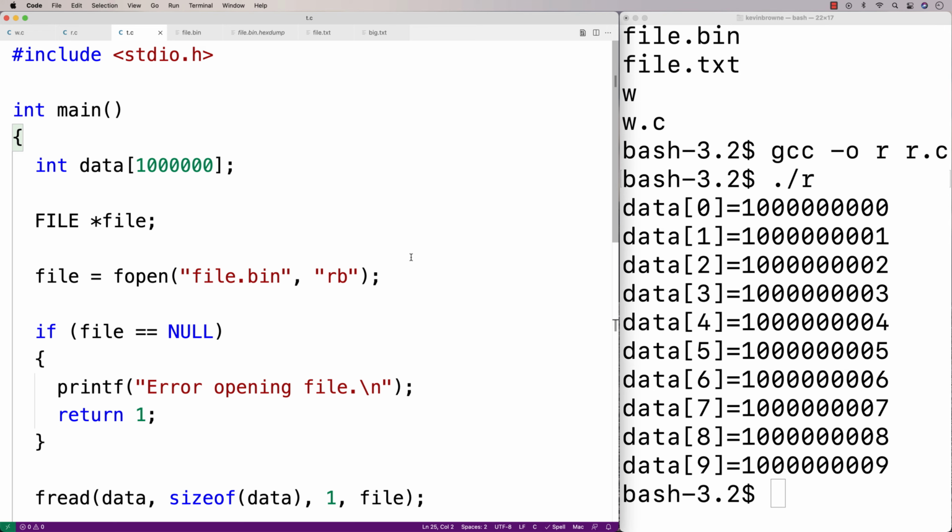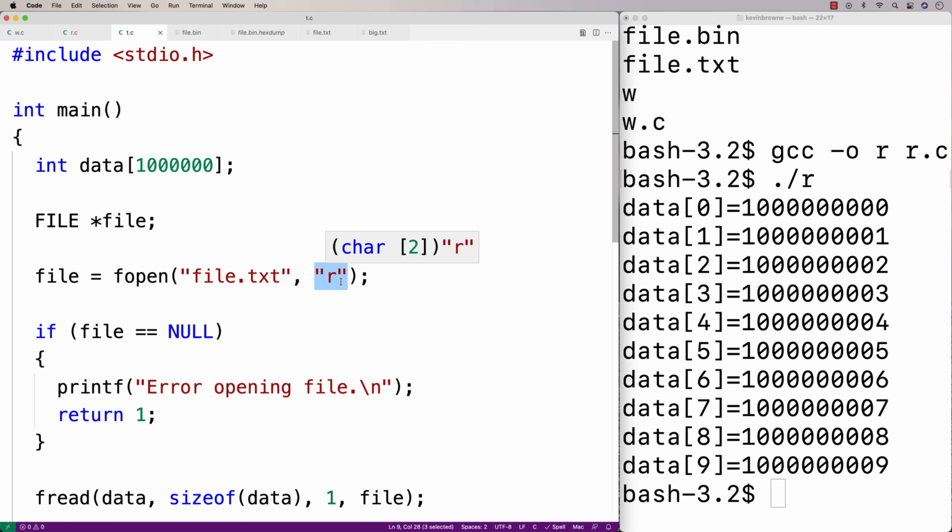and it'll have a somewhat similar format. So here I'll say int data 1 million, because I still have to store 1 million integers. When we open up the file, we'll open it up for reading, and I'll say file.txt. So I just have r here because it's not a binary file, it's a text file. So because it's a text file, we're going to have to actually convert the characters stored in that file to